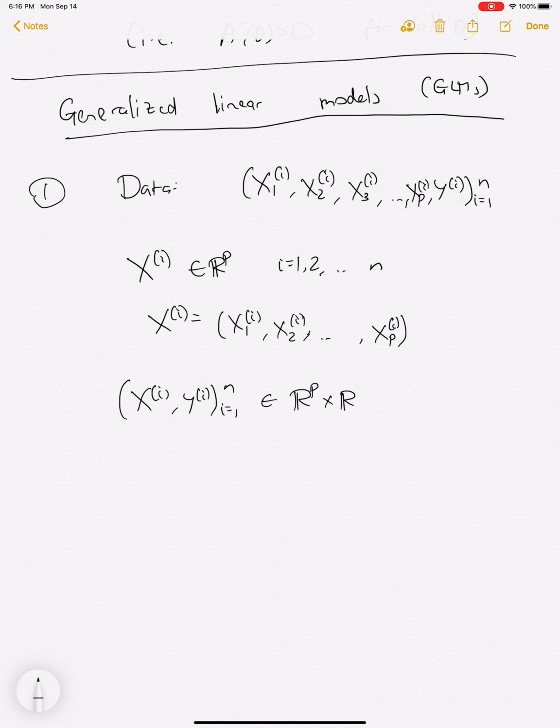So it's kind of the same data that we had when we were talking about linear models and linear regressions. But what's different here? The difference is that